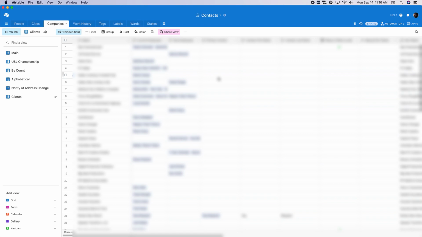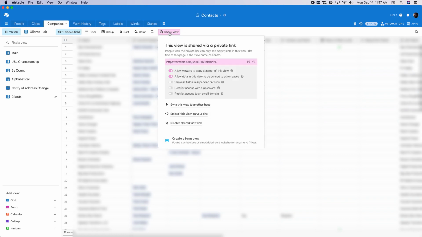But what you do to share a specific view of any table you want is you make a special shared view. So you go to the share view option up in here, and you want to activate this entry here. Now, not all users will see this right away. They're rolling this out progressively throughout the day. But this is in here for me right now. It just opened up like 15 minutes ago.